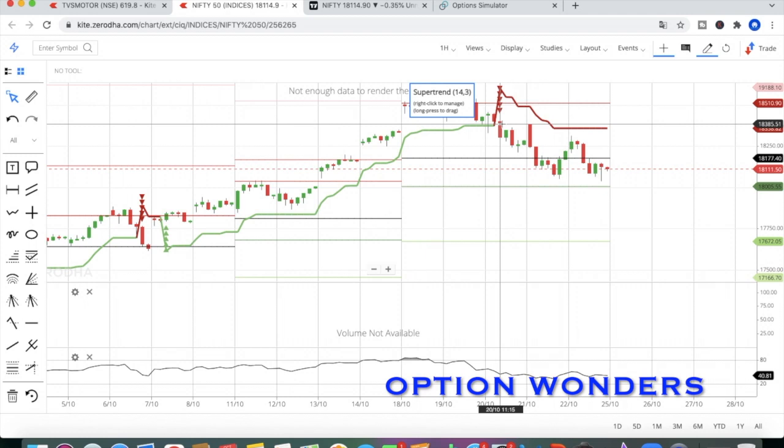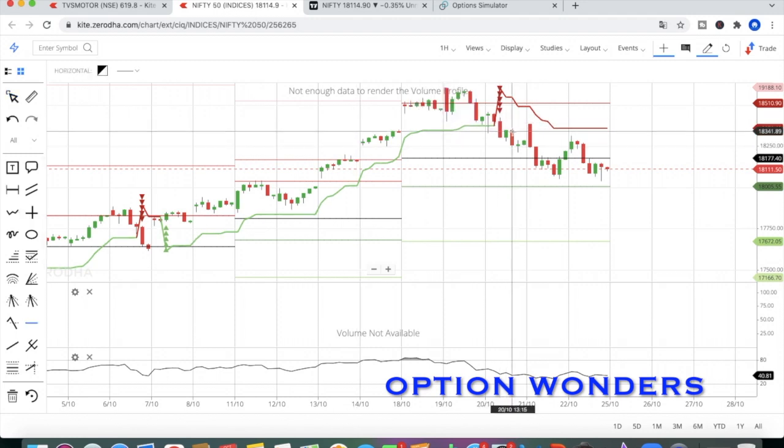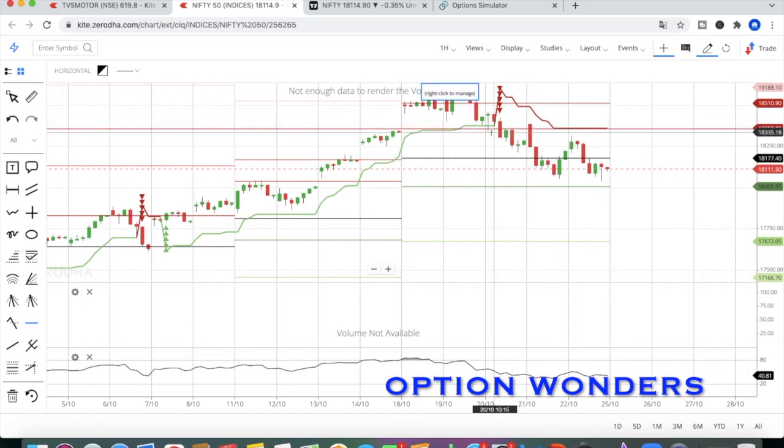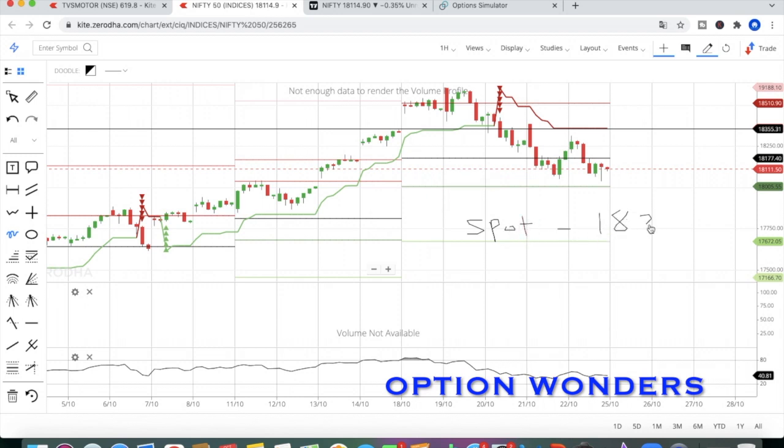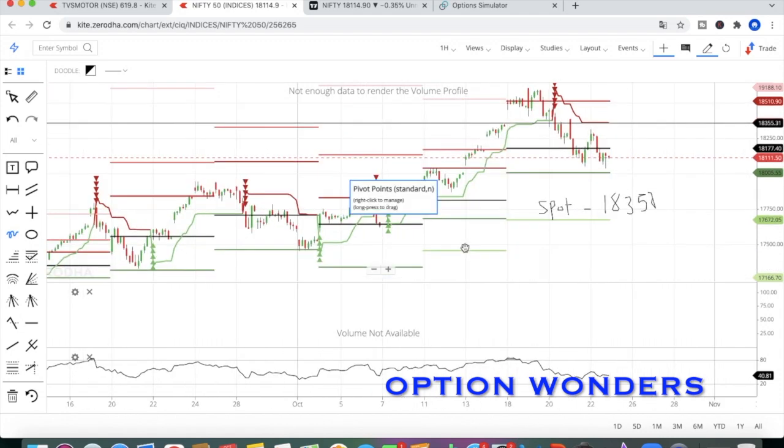Now I will tell you how you can choose the strike price. In this case you can see the spot price. We will be entering the trade at 12:15, so we'll mark this 12:15 here. Your entry point will be at 18,350. Now I'll note the entry point, the spot price. The spot price will be what? 18,350, right? So the spot price is 18,350. Now I'll enlarge it a little more.